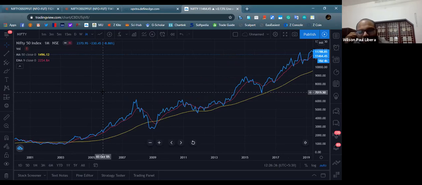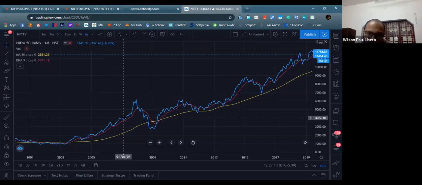We are looking for opportunities to make money. We are not spending our time on charts to see the beauty of Nifty taking support on the moving average and then going back up again. We are here to make money. So this is a good opportunity for you to buy. Most probably once it reaches near the 9 moving average, prices are expected to bounce off the moving average and make money, right? So once the price reaches near the moving average, and then you see some kind of bullish